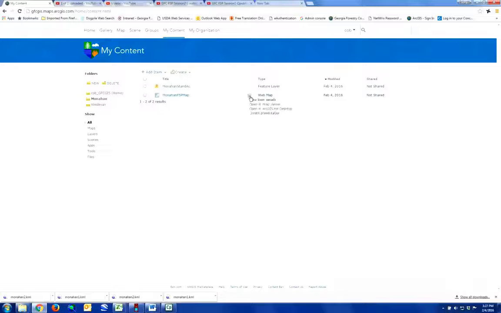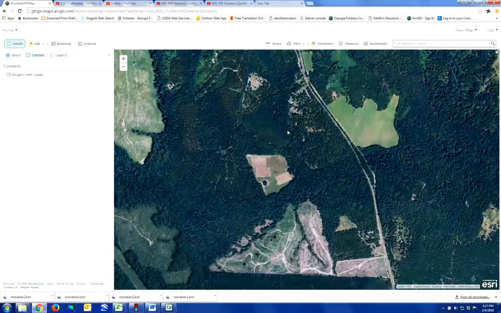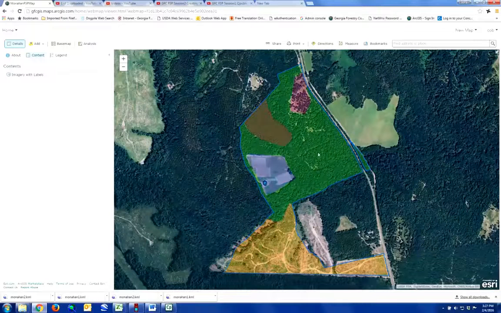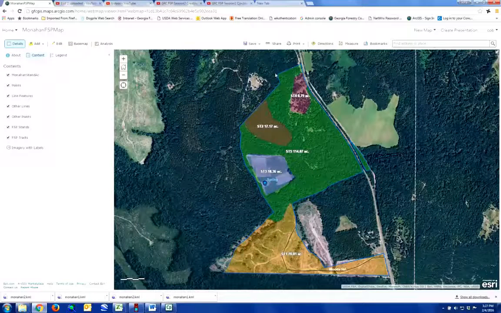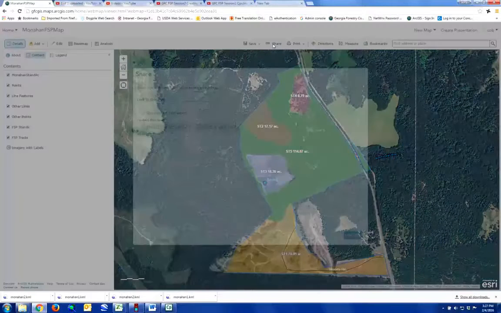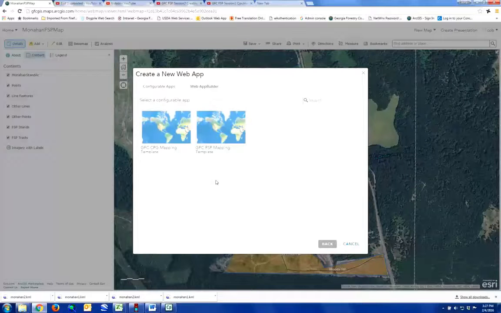And so what we can do then is open this map back up. This is our web map, and from the map viewer interface, when you open the web map in the viewer, the way to initiate the app creation is through the share function here. Now this would be the way if you wanted to share your maps with the commission, or publicly, or with these groups, but in this case, what we want to do is create a web app based